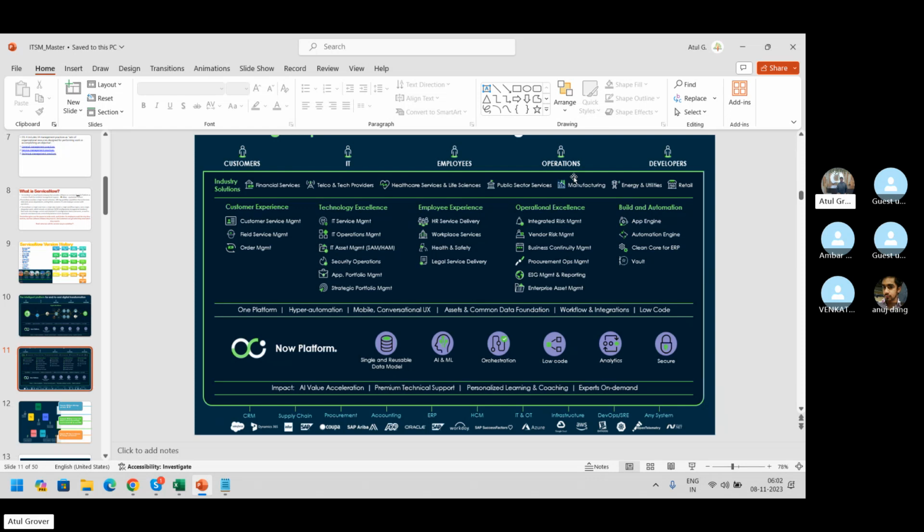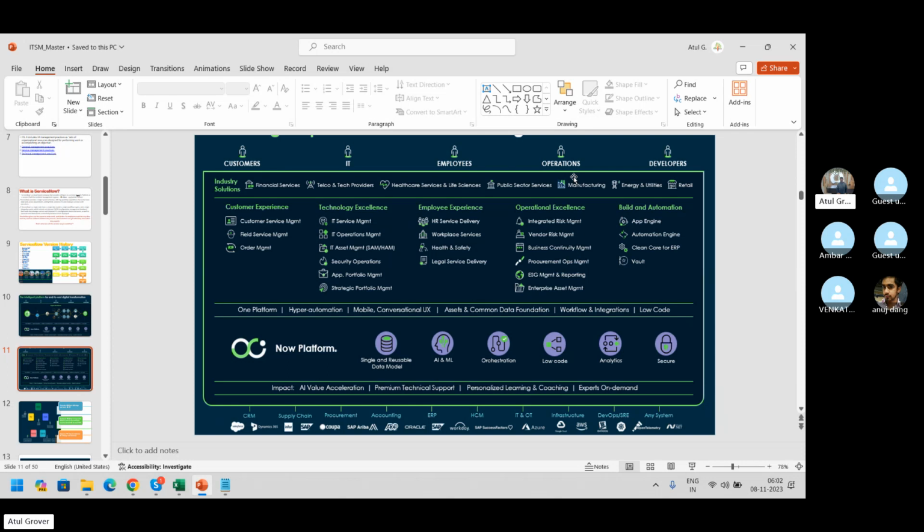I read one sentence: go deep or go wide. In today's time, being a consultant, we have to go wide. Wide means we should know more and more and more. Maybe a small portion, but you know these things.